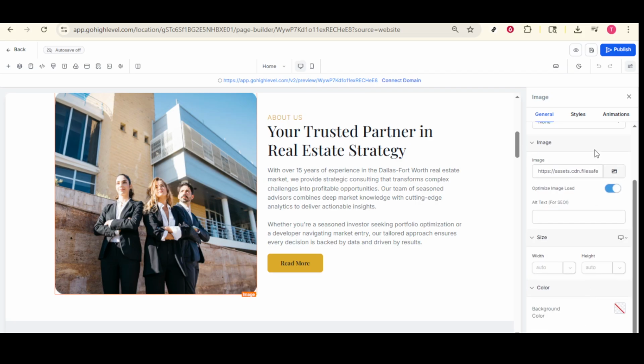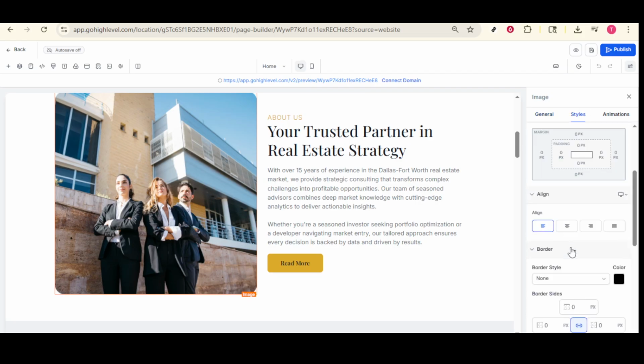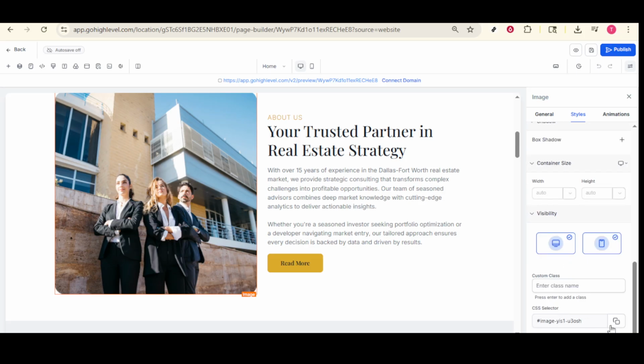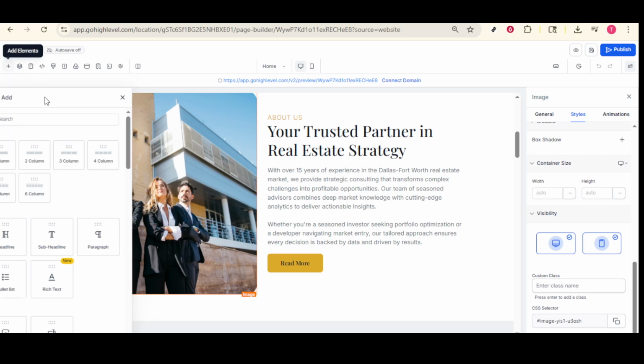Now that you're in the Styles tab, you'll want to locate the option that allows you to insert or modify the custom CSS or animations. Look for an Open Code Editor button. Go ahead and click on it. This tool is where you can input custom code directly, enabling you to add sophisticated animations that might not be